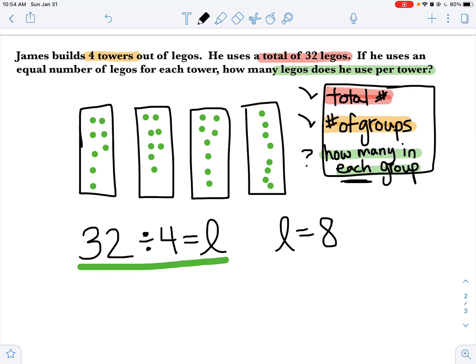The main thing to remember, guys, is if you are given the total in a word problem that you know is either a multiplication or a division word problem, if you know the total number of items, it is a division problem. Your job today is to do some matching of equations and write some equations to match some word problems. Good luck, have fun, and let